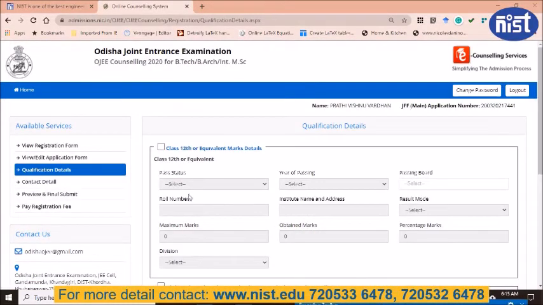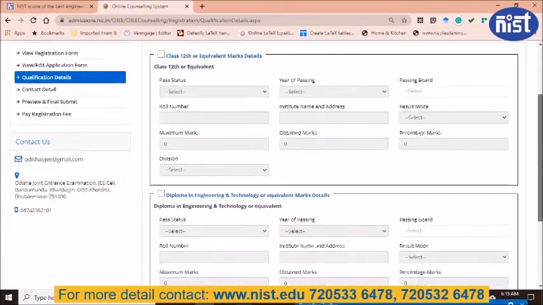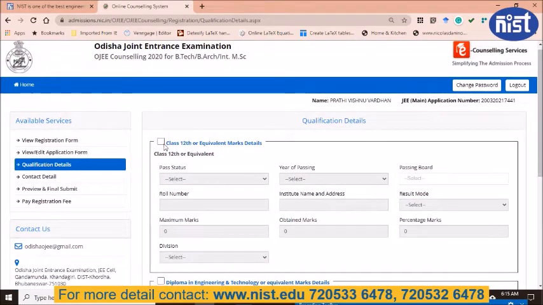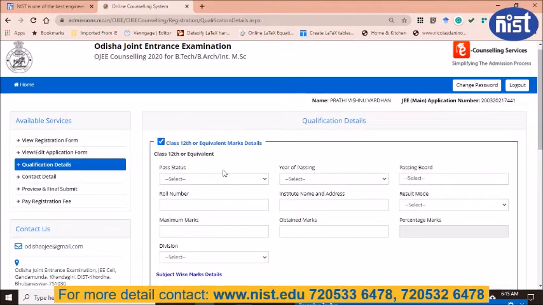Then after that it will ask for the qualifying details, that is the qualification details. If you are 12th, you will click on here. If you are diploma, you can click on the one below. So here it is 12th. Okay. It will ask for the passing status. Here it is passed.